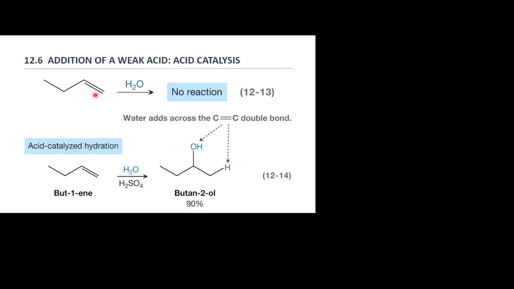We have here our bond, of course. We have water, which is like the stereotypical weak acid, right? It's actually the cutoff for weak acids. And we get no reaction. And you're probably not very surprised about this because you've probably had this mixture before in some way, shape, or form. You've had something with a double bond. It's in a water environment, right? Yeah. Now, what if we add a little bit of acid in there?